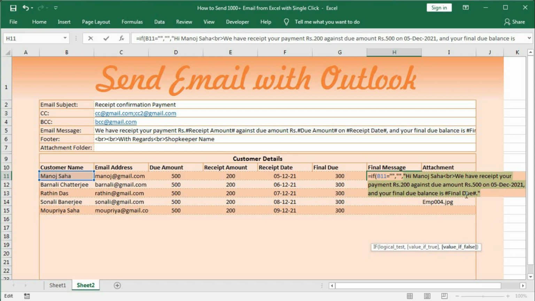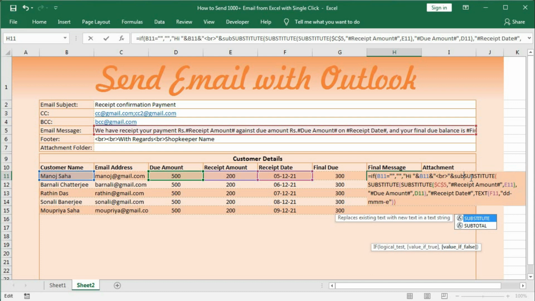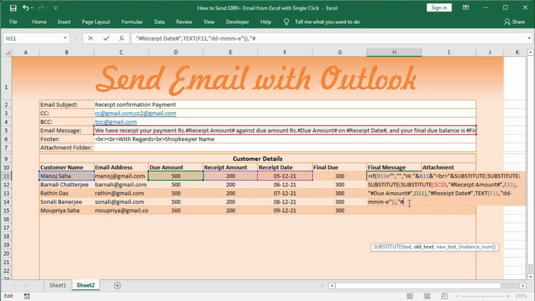Now last one, final due. So another substitute and go to end, comma, quotation hash final due hash quotation close, comma, this amount, then bracket close, press F9.